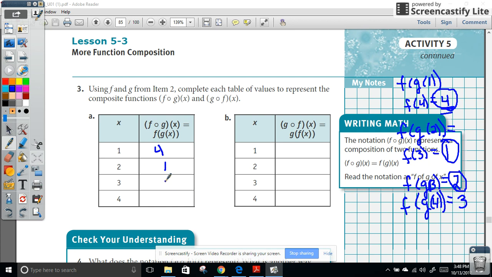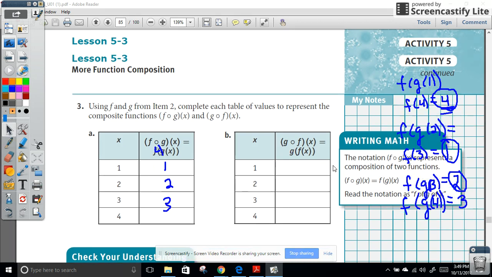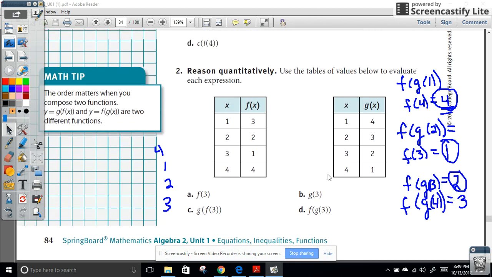4, 1, 2, 3. Okay, recognize that g of f is not the same thing. G of f, we're going to start with the f function. We're going to take our first values from the f function, then we're going to plug them into the g function. Okay, so I'm going to scroll up here so that we can see. We're doing g of f this time. Okay, so let me maybe change colors. Okay, so we're doing g of f